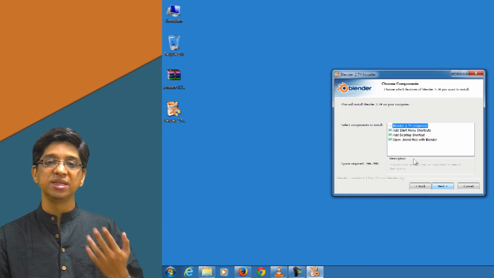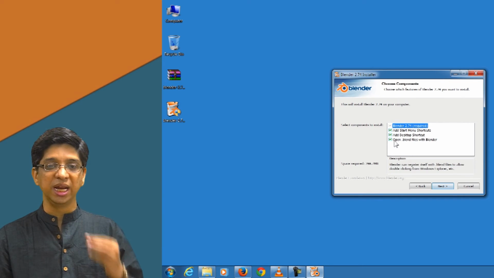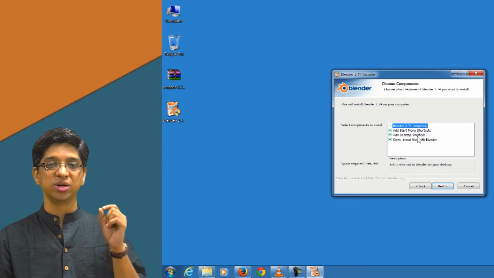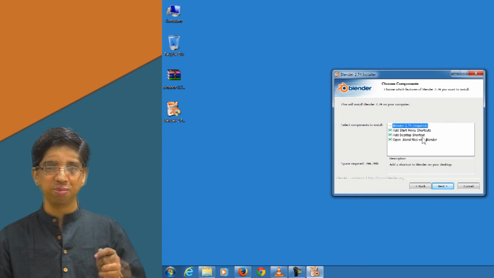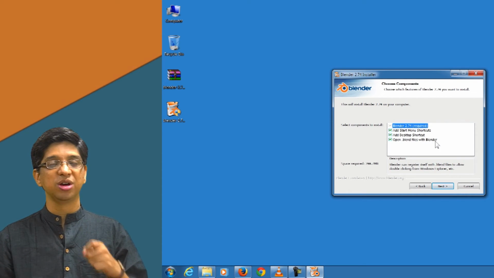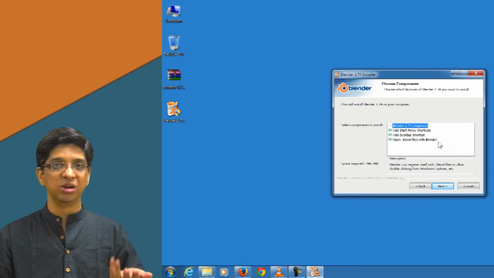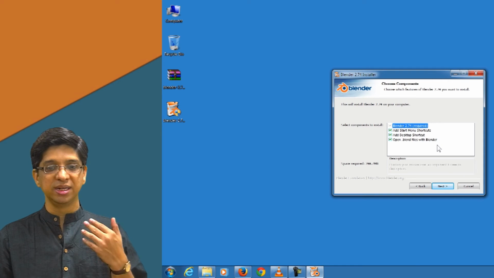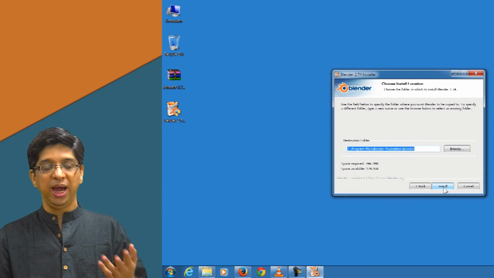Please keep all these three tick marks clicked so that it will get you into the start menu shortcuts. It will also create a shortcut for the desktop. The file format of Blender is called .blend. So all the .blend files on your computer will automatically open with Blender. Obviously you want it to be that way, so keep it selected, go to next, and it will